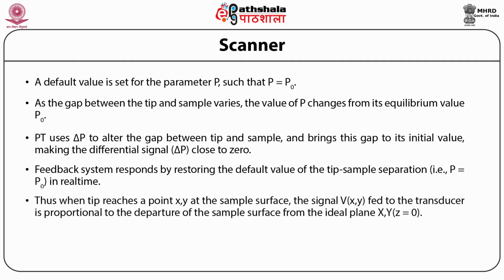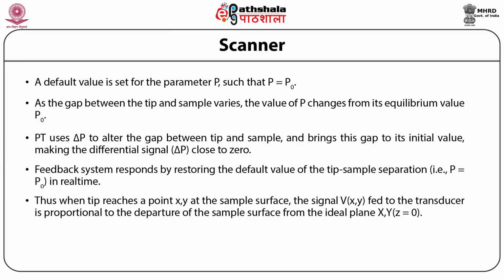Thus, when the tip reaches a point xy at the sample surface, the signal V of xy fed to the transducer is proportional to the departure of the sample surface from the ideal plane, that is z of xy, at z equal to 0. As a result, V of xy can be used to map the sample surface,